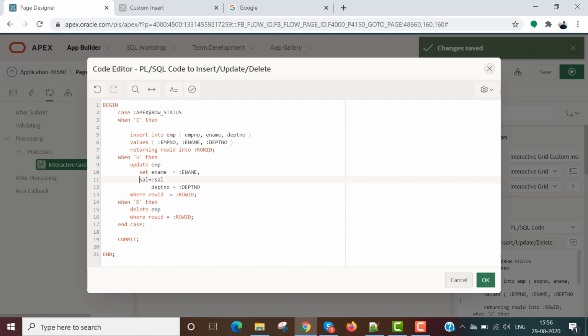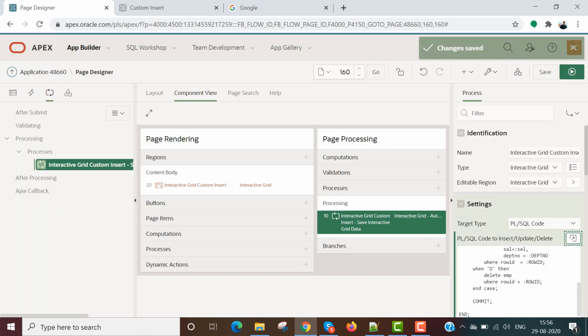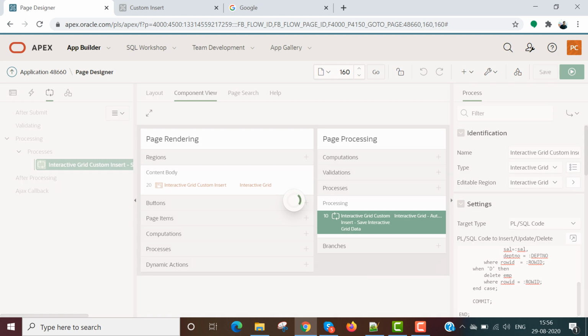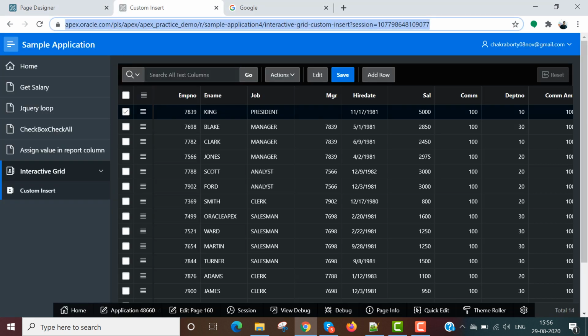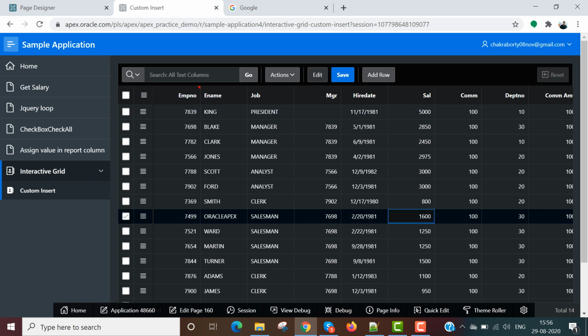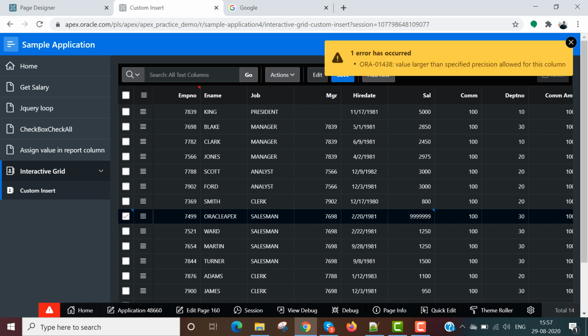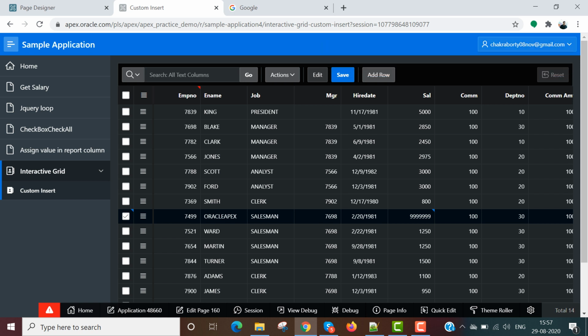Sal. If I update the salary column, let me do it here, 9999. Okay, the value is larger than the digits allowed that we have assigned.